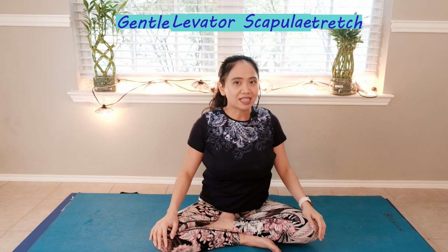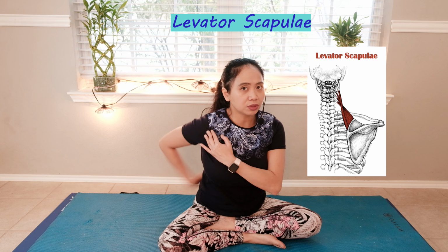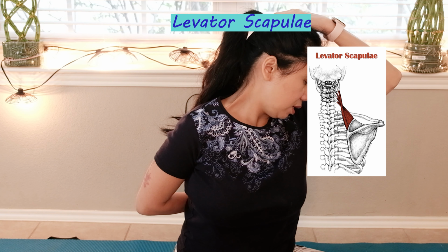Let's do it to the other side. So right side, touching your low back. If you have impingement syndrome, this is difficult. It's okay to keep it down, and hold it for 5, 4, 3, 2,